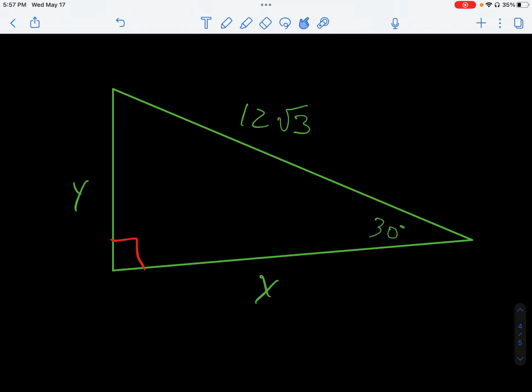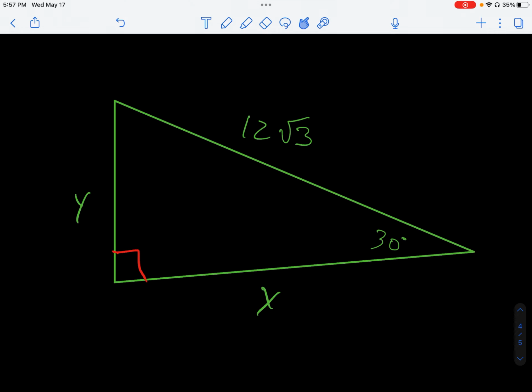So we're going to divide by 2. So we've got 12 radical 3 divided by 2. 12 divided by 2 is 6. We still have the radical 3 there. So y equals